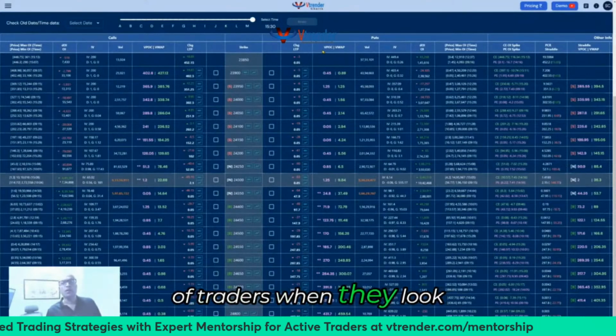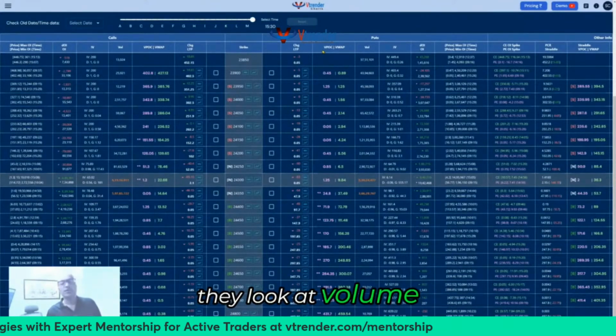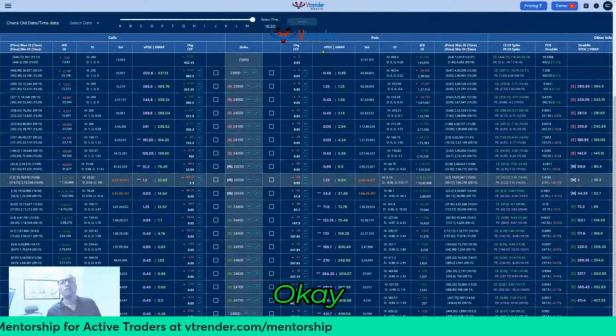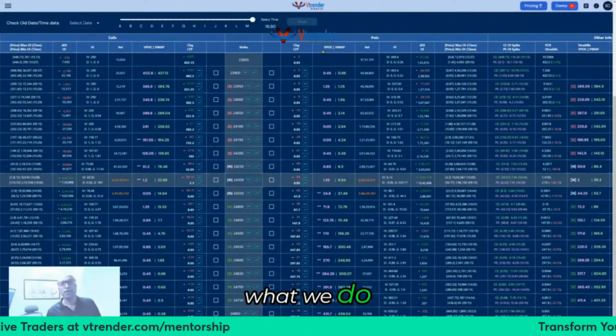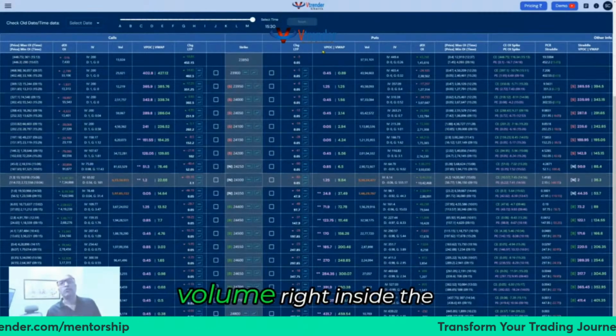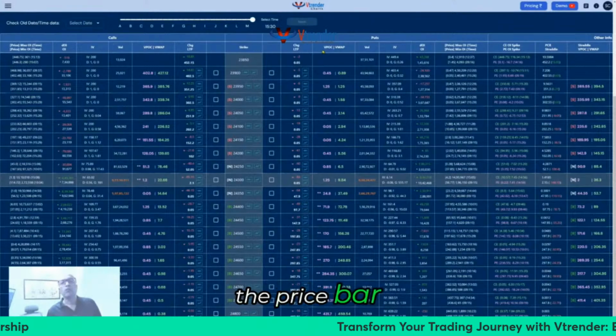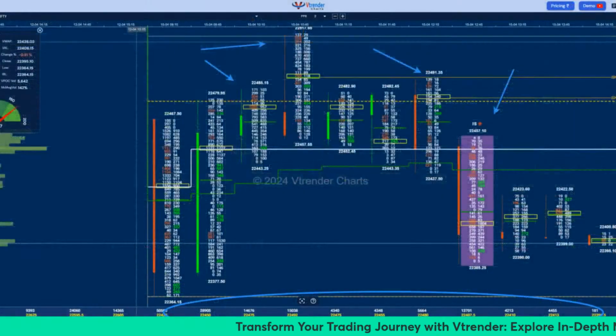So there is a distinction we make at VTrender when it comes to volume. 90-95% of traders, when they look at volume, look below the price bar. At VTrender, what we do is we focus on volume right next to the price bar, and we also focus on